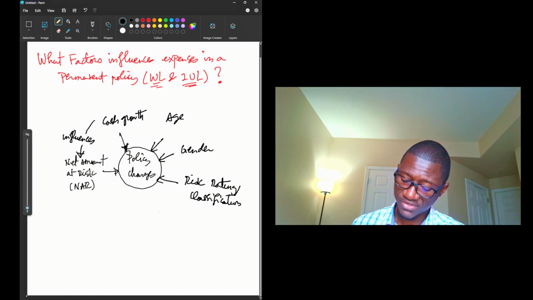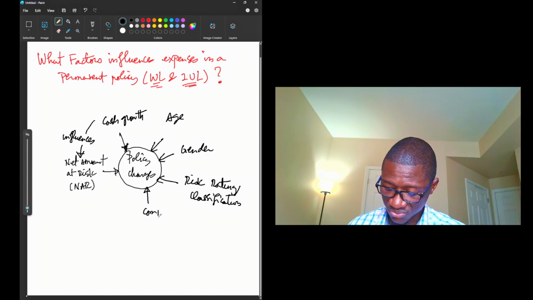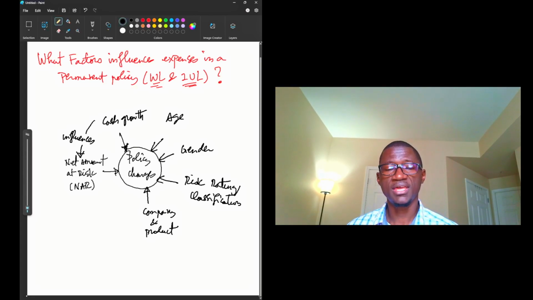The next factor that is very important here, and this is where it gets a little bit tricky for customers because you cannot necessarily know it ahead of time, is the company that you decide to work with and the product. Not all insurance contracts are equal, and depending on what the company is targeting, the fees and the budget that they have for things such as options, for instance, if you are working with IUL, could be different. As a result, when an insurance company builds a product, they have to take into account multiple parameters, which in turn will have an impact on how much expenses you have in that policy.